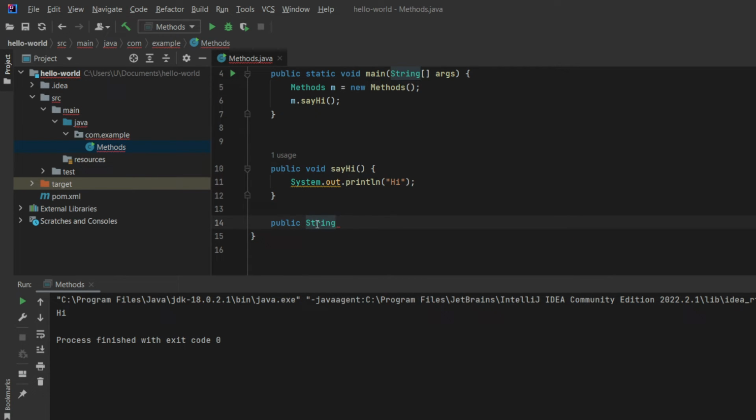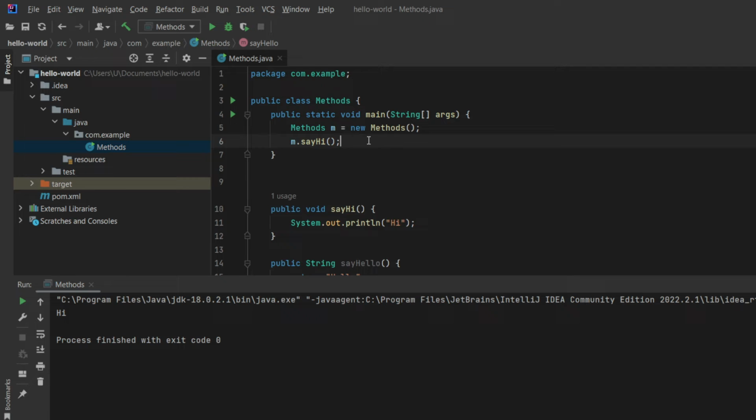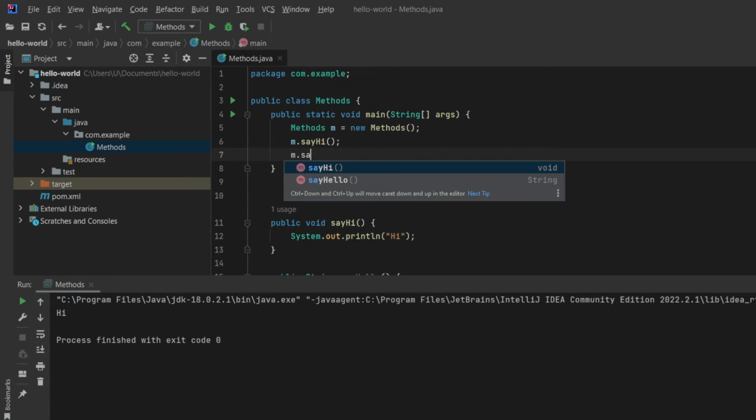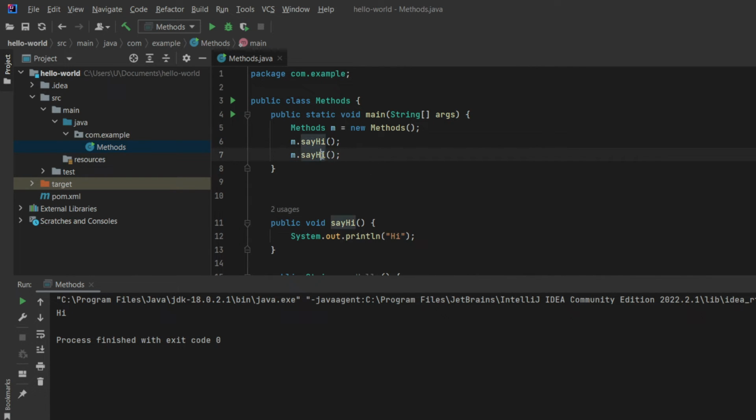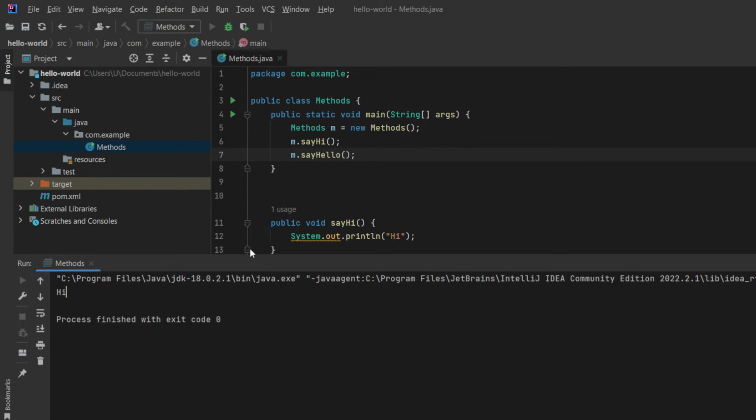Now let's create the method with the return type. So return type will be string. The public is an access modifier, and we will discuss this in more detail later. And let's call it say hello. Now we can return string. In this example I will use string literal and I will just write hello, and when I call this method say hello and execute the program, we will see the output,